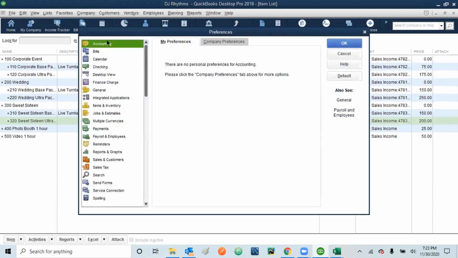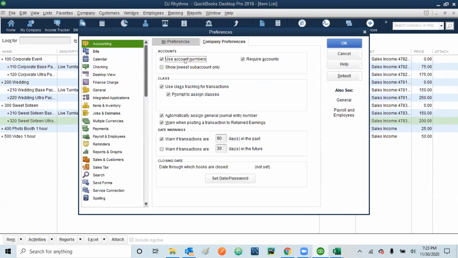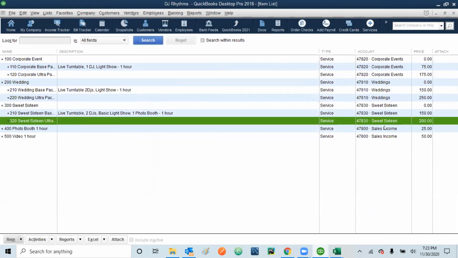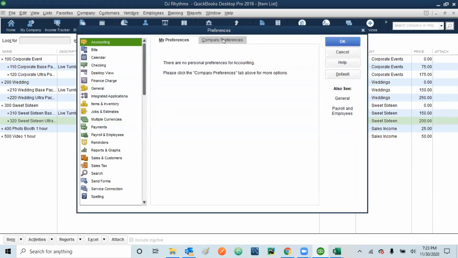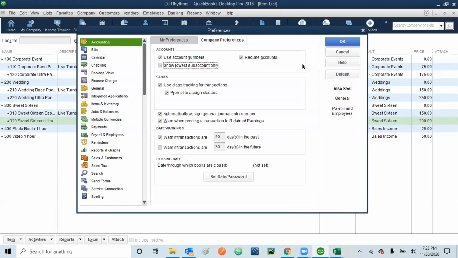In the preferences, you see in the accounting, you have selected use account numbers. If you don't want the entire detail of different account numbers, you can just simply say show lowest account number only and click OK. And then you see the sales income that was there has gone, and now you can only see directly that it's going to 47820, 47810, 47830. So that will simplify the look of your final account. I will move it to the previous way as well, because I have done it by myself, not by the book. Click OK.